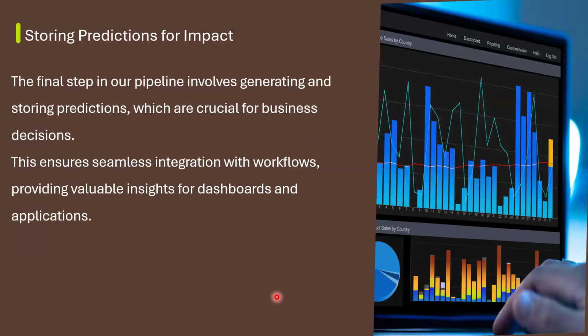The final step in our pipeline is to create and store predictions. Predictions are how we know if our model is getting our answers right or not. Based on the test, and on the information in our predictions, we can determine if our model has learned correctly, if it has learned anything from our training, or if it's just giving us